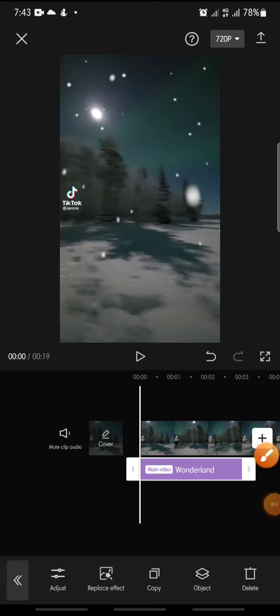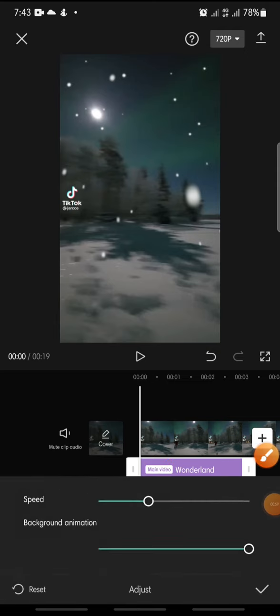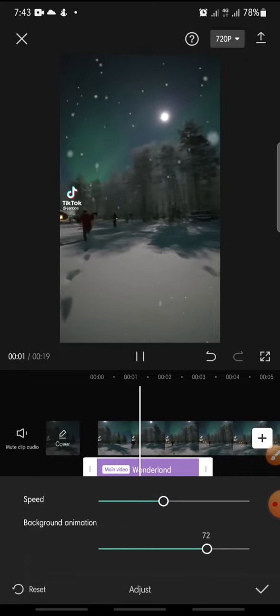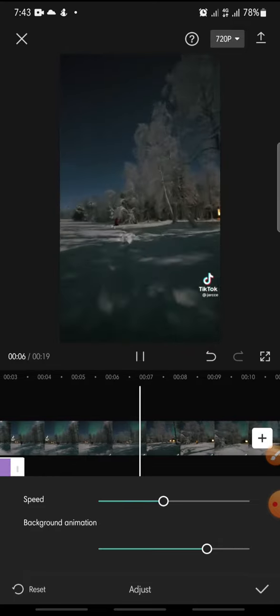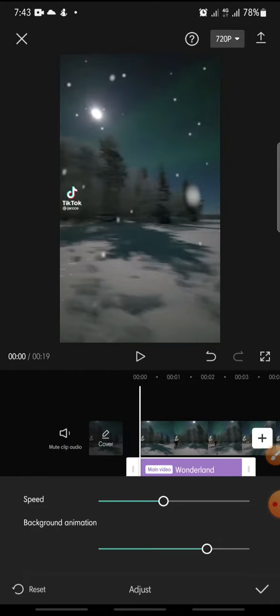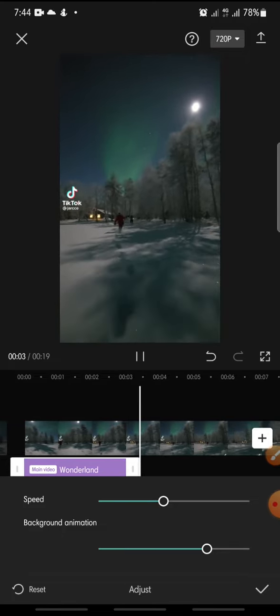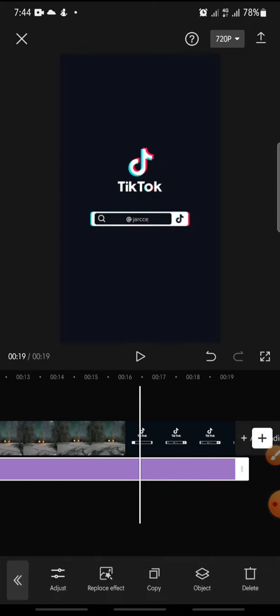Now you can adjust the effect, so just click on the adjust at the bottom, this one. You can adjust the speed and the background animation like this, and like this. This is the original video like this, but if you wanna add Wonderland effect, so like this. And then after this you can click check icon on here. Now set the effect until the end of the video